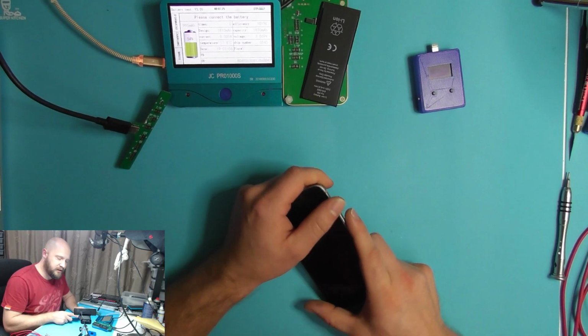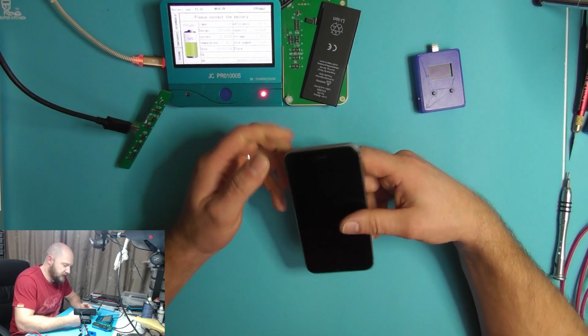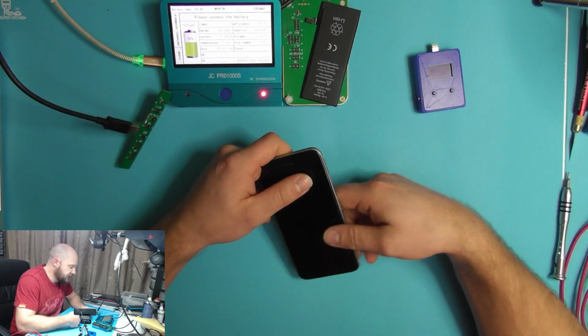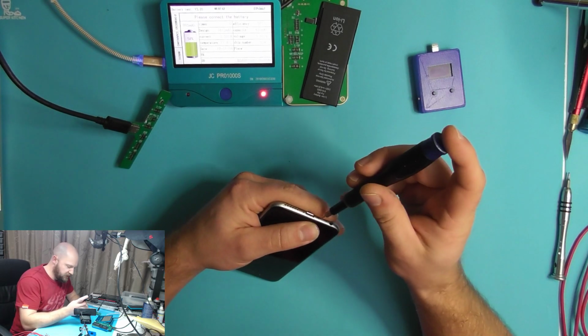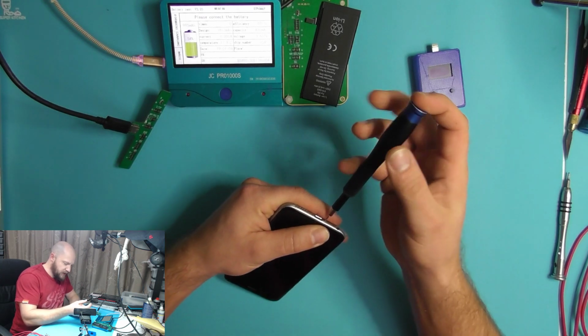Hello everybody, this should make for a fairly simple video, and it's just a video to show you what we do when we change your iPhone battery. So basically just going to take you through all the steps that we go through when we're doing that for you. When you bring in your phone to us, like we've got this iPhone 6 here, for a new battery,